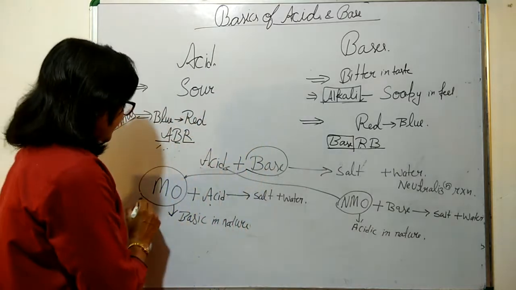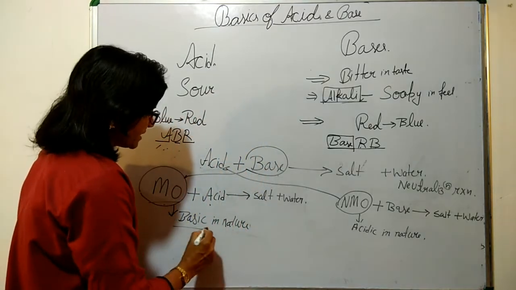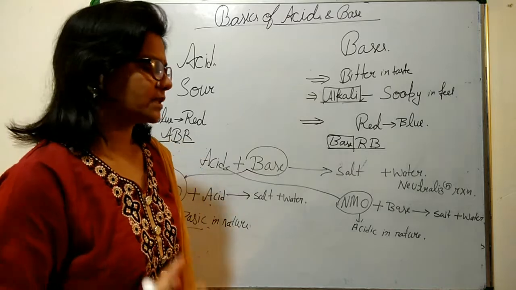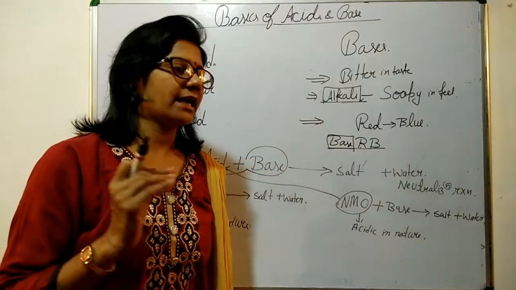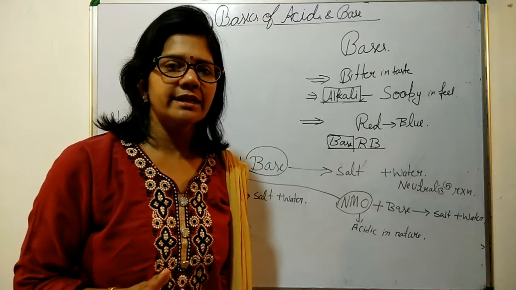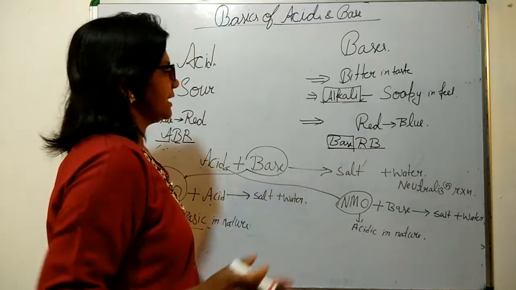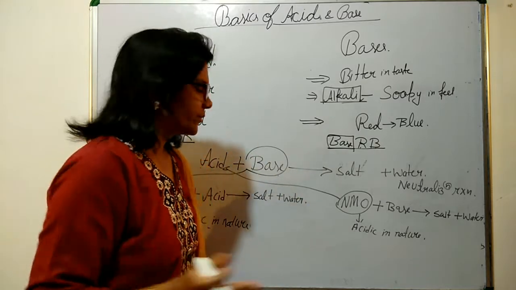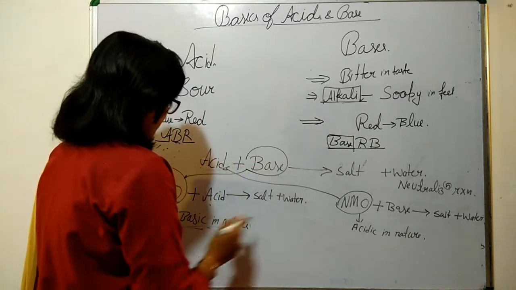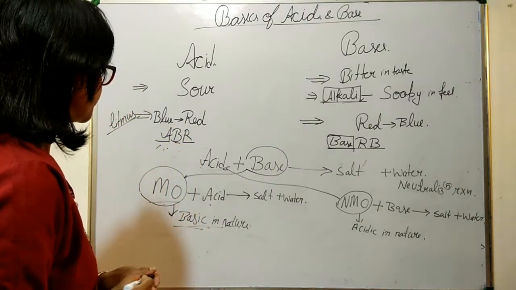Here, as I said, all the metallic oxides are basic in nature, we will find some exceptions, like aluminium oxide and zinc oxide, which are amphoteric in nature. But we'll see that in our metal and non-metal classes, which I have taken earlier. You can go through this if you want to explore this more.